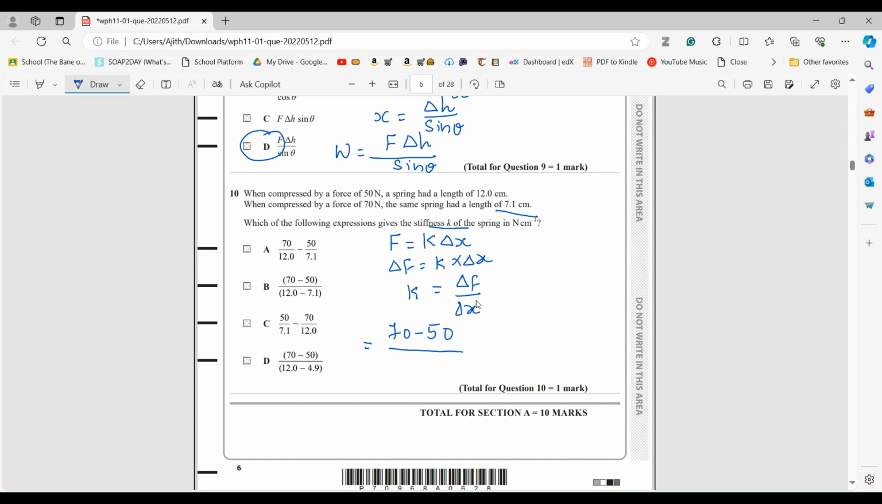So though we can consider x to be either extension or compression, if it's extension, the spring will increase in length. If it's compression, the spring will decrease in length. So you will have to consider the decrease in length. So your answer will be now 12 minus 7.1. We include the minus sign to represent the decrease in length. Okay. So that gives us 70 minus 50 over 12 minus 7.1. So that will be